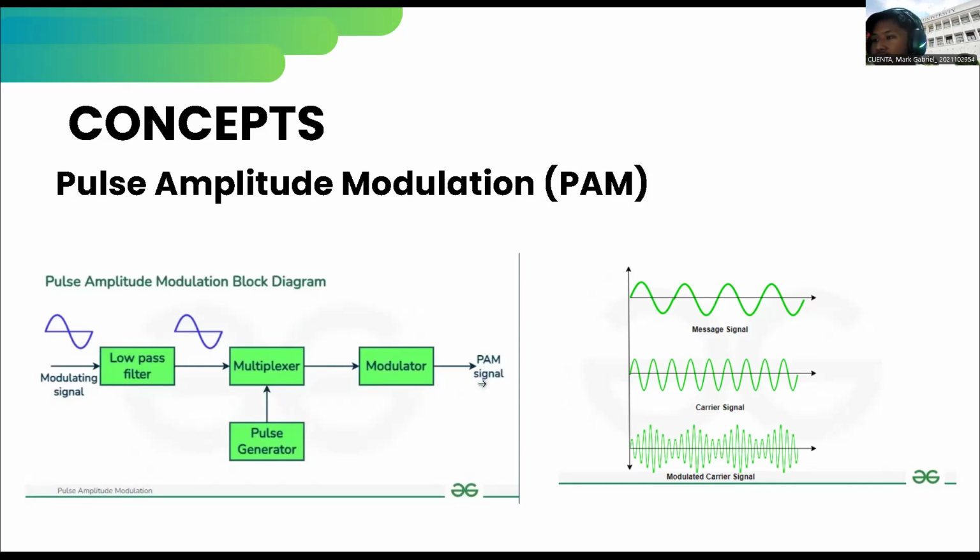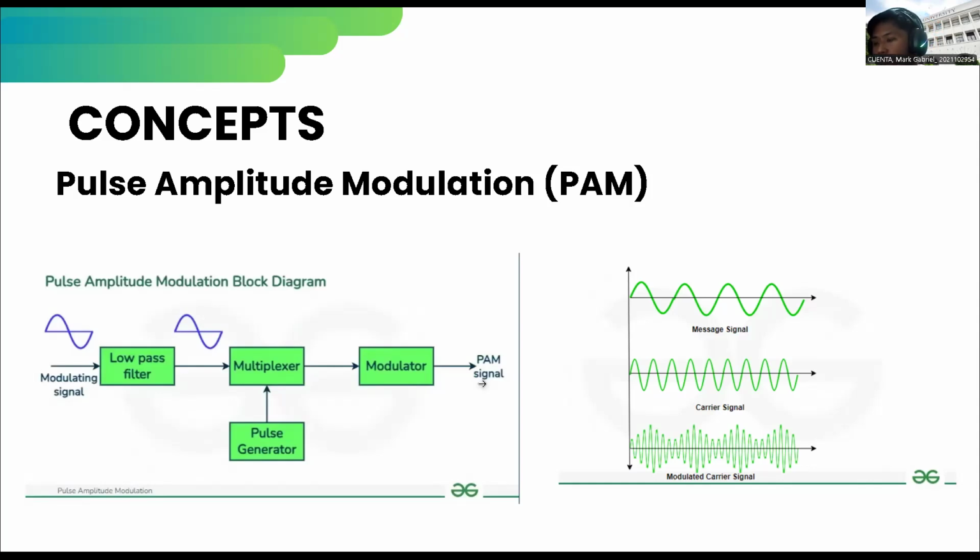Moving on to the right side, there are three different signal forms. The top one is the message signal, a smooth sine wave or the original analog signal. This is the information you want to transmit. Then the middle one, the carrier signal, a high frequency pulse train, acts as the sampling signal. And lastly, the bottom one, the modulated signal or the PAM output, is a sequence of pulses whose height follows the shape of the sine wave. Each pulse represents a sample of the original signal.